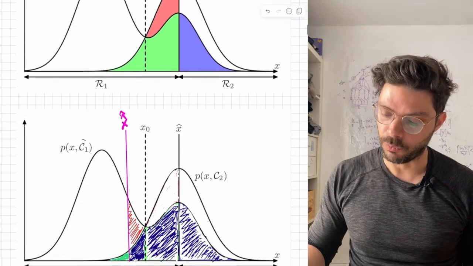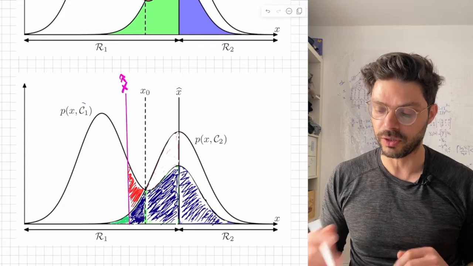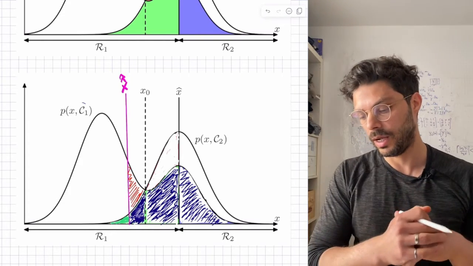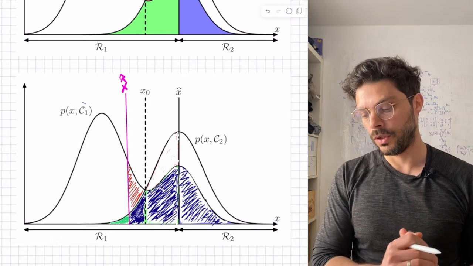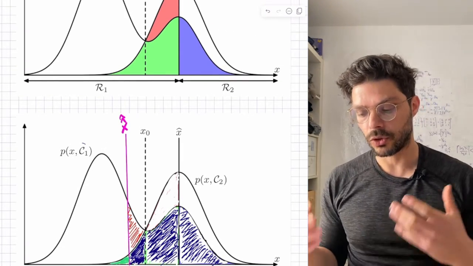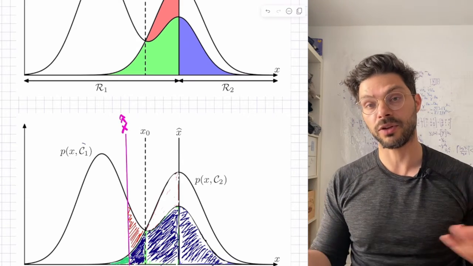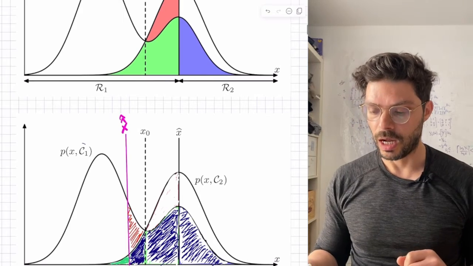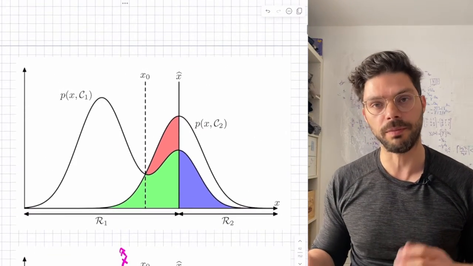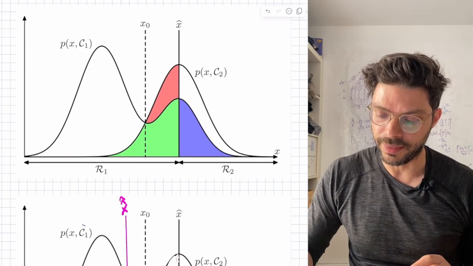And now what's changed is this red region. So this red region is now being contributed from class 1, some points from class 1 that are being misclassified into class 2. So I think based on this visual representation, it should be clear that the sum of the green and the blue regions actually stay the same, and what changes is just the area of the red region. So we should choose our decision boundary at the location where that red region is 0, and that's exactly at